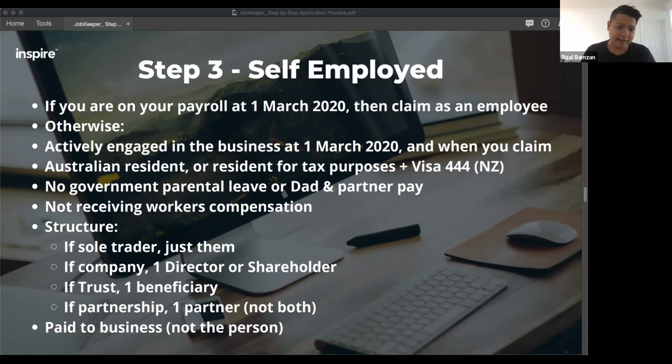And the other distinction I want to make as well is you're only nominating a business participant, but you're not nominating the person itself. The business will receive the money. One business receives the JobKeeper payment for that business participant. So there's no similar requirement as before where, you know, you